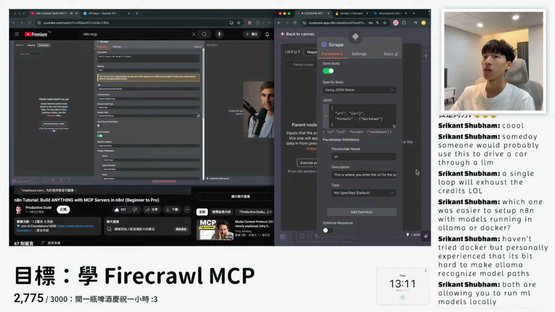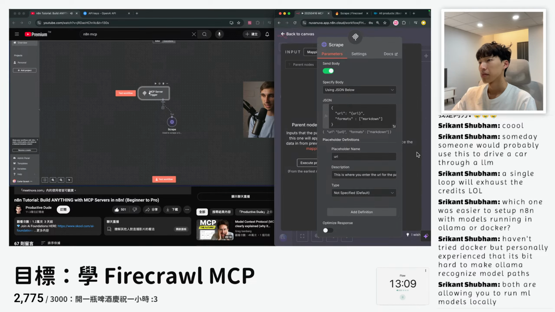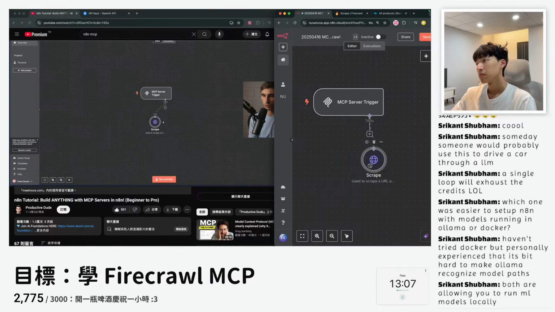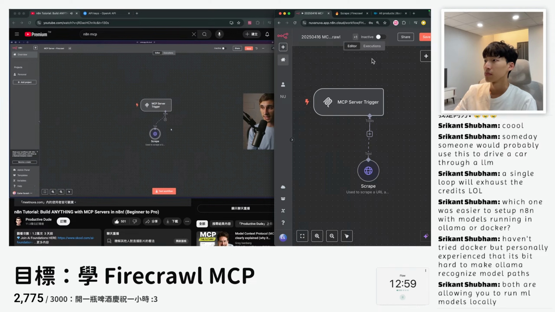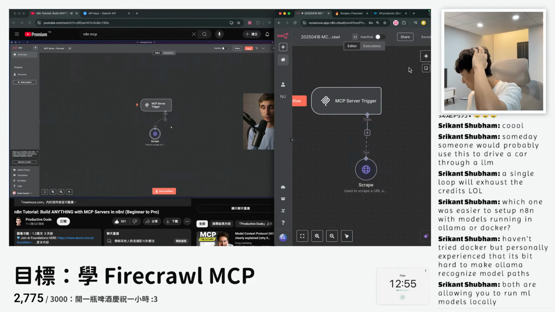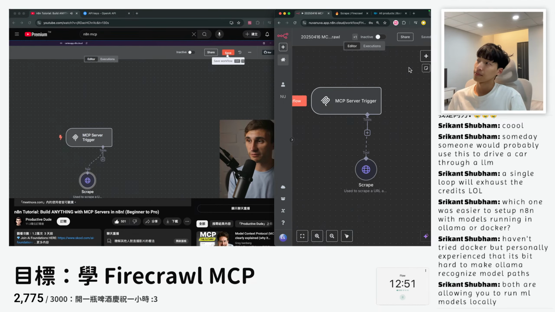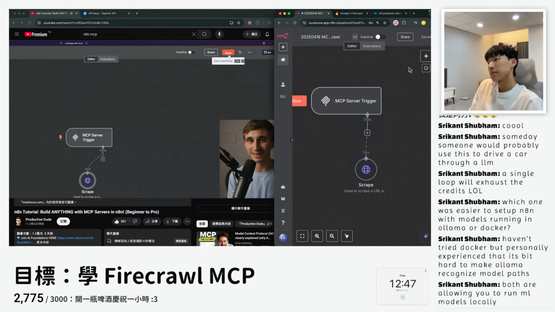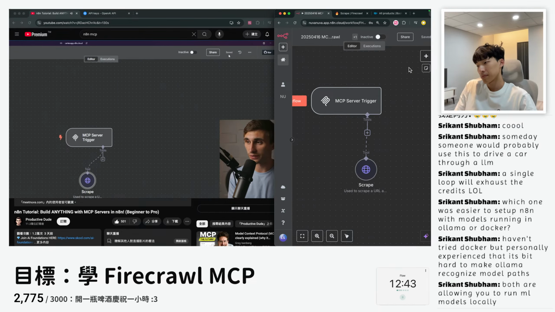So if I go back to Canvas here, you're going to notice that now I have this single scrape tool here. It's defined, it has a name, everything is good to go. Now, one thing that you're going to want to do when you're working inside of N8N is save frequently. In fact, I've broken my number one rule of saving after every change, but you can just click this orange save button up here and manually save, because it's not going to automatically save for you. So just make sure you're saving frequently as you go throughout this process.